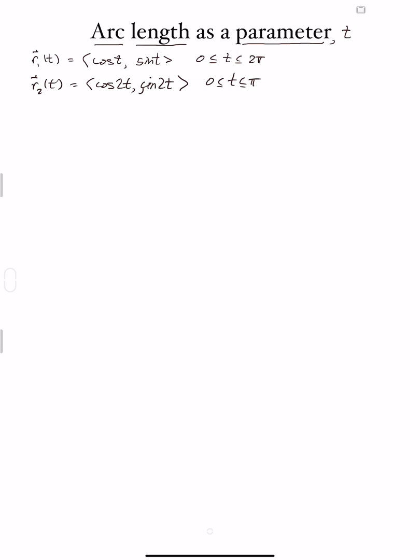So in other words, for number 1, what I want to do is compare the value of t, which is going from 0 to 2 pi, to the length of that trajectory. Now R1 as I go along, as the parameter goes from 0 to 2 pi, the curve goes from 0 to 2 pi. Whereas in number 2, the value of t is only going to go from 0 to pi, in other words, half the distance, but the length of that trajectory is going to go all the way around the circle to